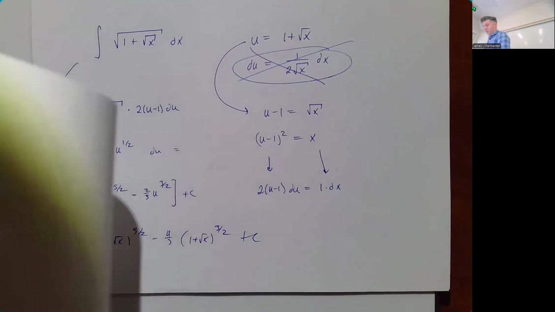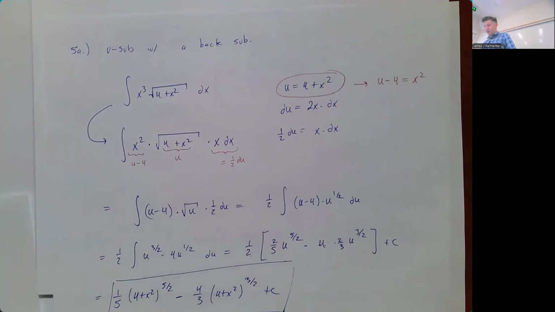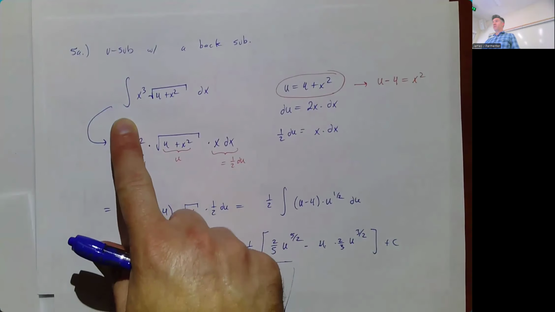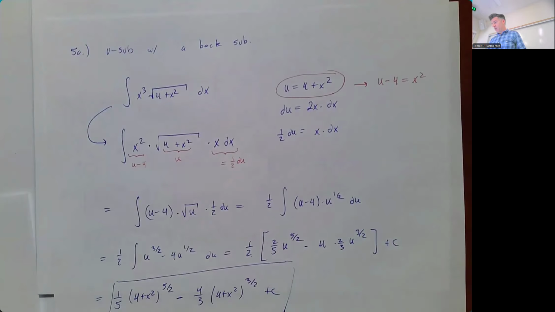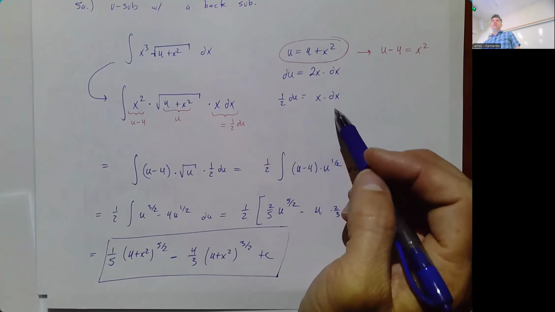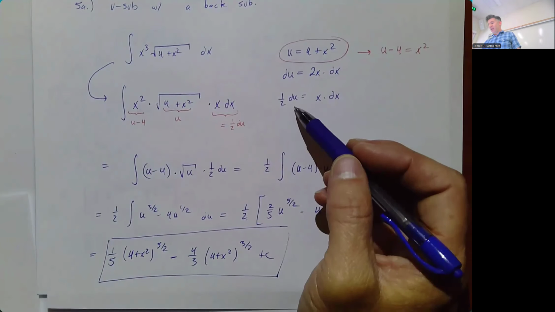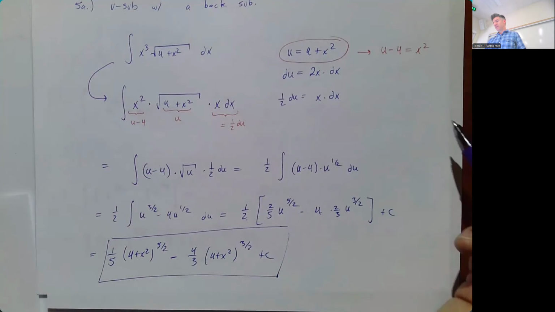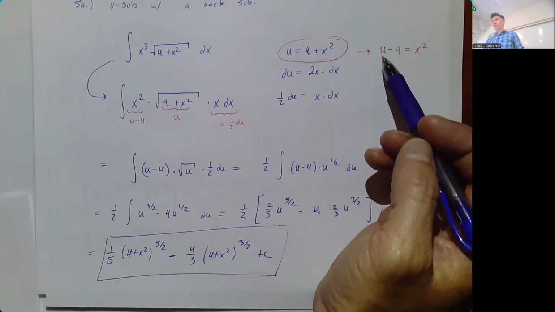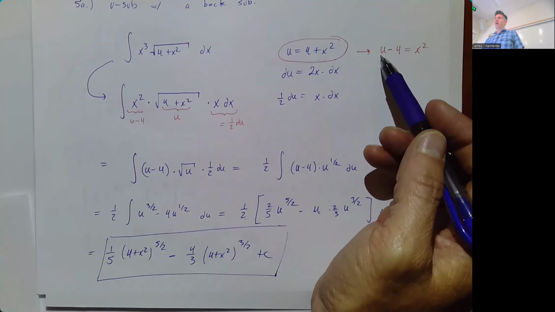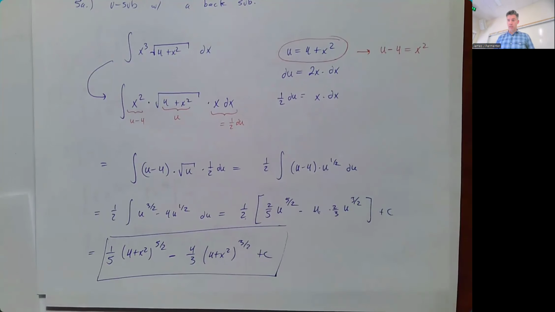Right, so here, if this problem had been the integral of x squared times the square root of 4 plus x squared, I couldn't have done a u sub with the back sub because I would have needed one of the x's to get soaked up in the du, and then my other leftover x would have been the square root of u minus 4. I mean, no, that's not going to work out. So usually u sub with the back sub is not necessarily going to work, but the pattern I've noticed over the years is that